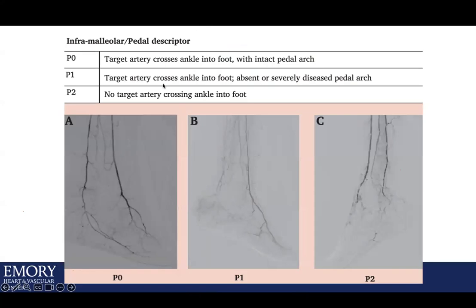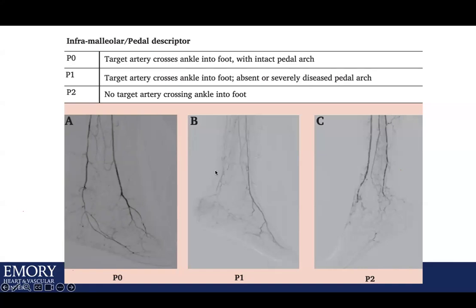So we talked about the femoropopliteal grading, infrapopliteal grading, and how we calculate the GLASS stage. Then there is something called the pedal modifier. The pedal modifier involves inframalleolar disease, any disease below the malleolus, and basically the vessels that supply the foot. And there are 3 modifiers: P0, P1, P2, and it really describes the status of the arteries that are crossing the ankle down